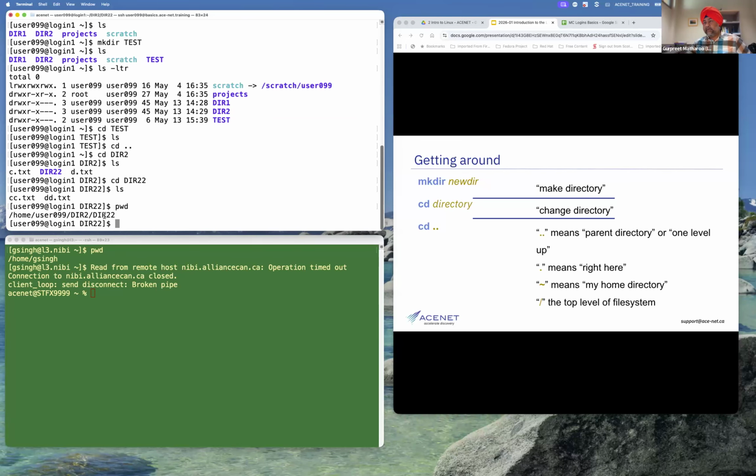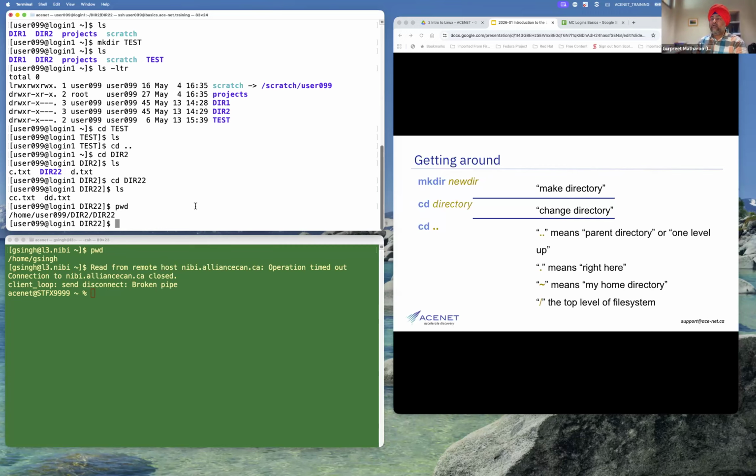So at this time, I am at dir22. Okay. And so you can see you will be using these three or four commands in tandem: cd, ls, mkdir, and sometimes you would probably need to use others. These are very, very basic commands, but they take you so far into the Linux learning as such.